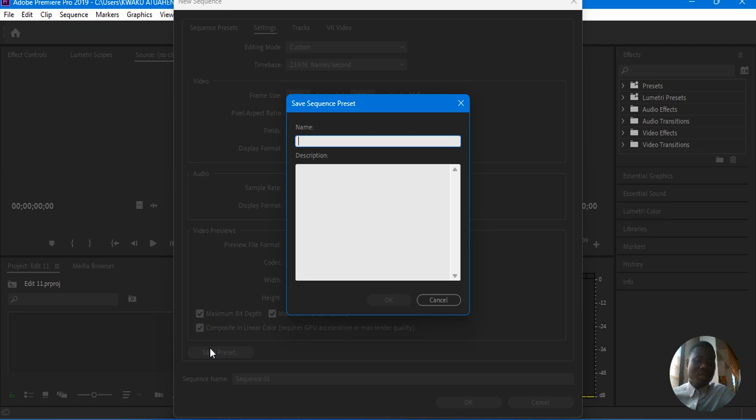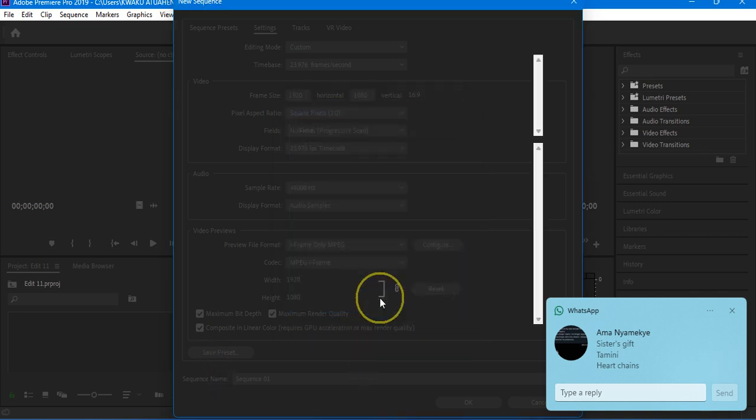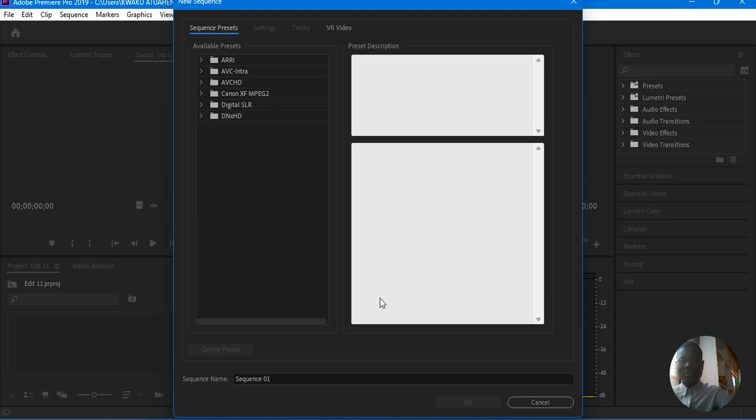So how am I going to save this one? I'm going to save it as edit 11. Then I will save it. So after saving,